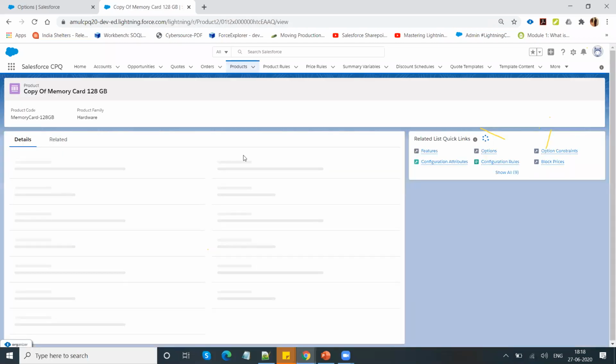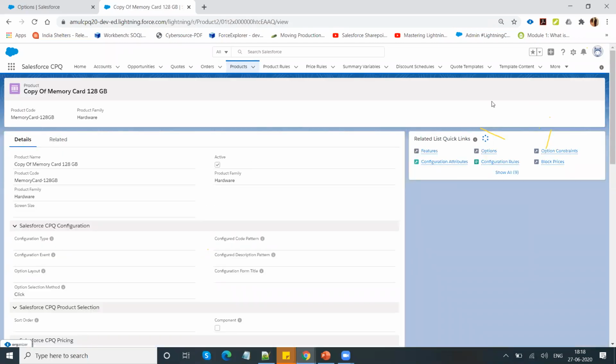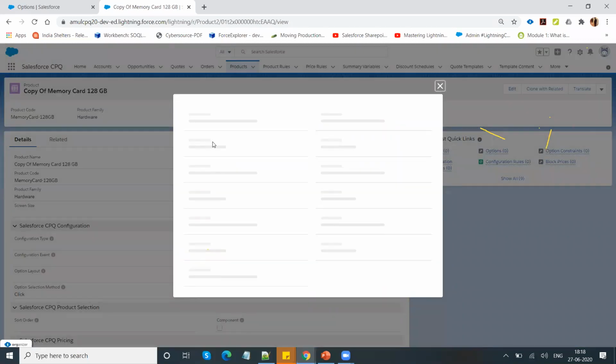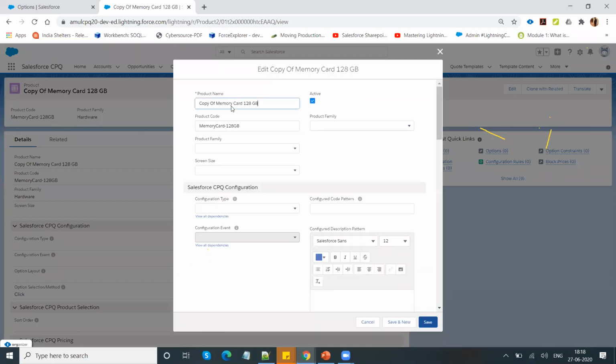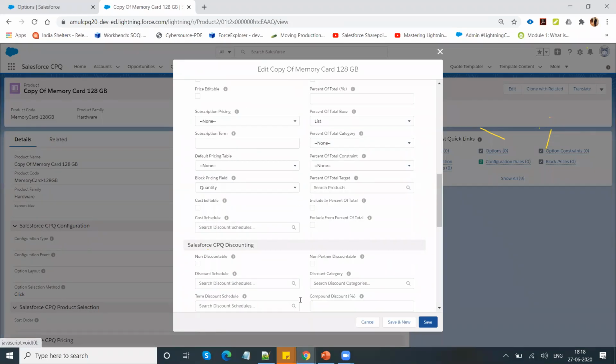What it does, Salesforce has created this product. Let me quickly edit. Memory card of 32 GB. Okay, make it 32 GB. Save.